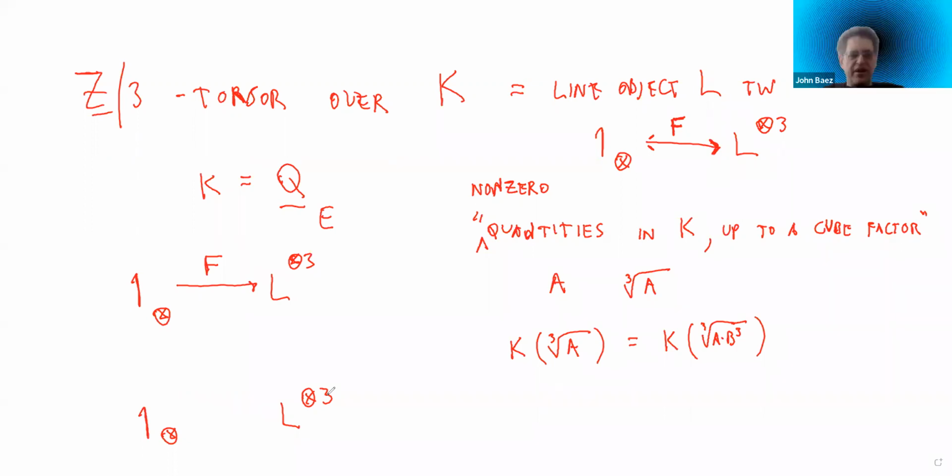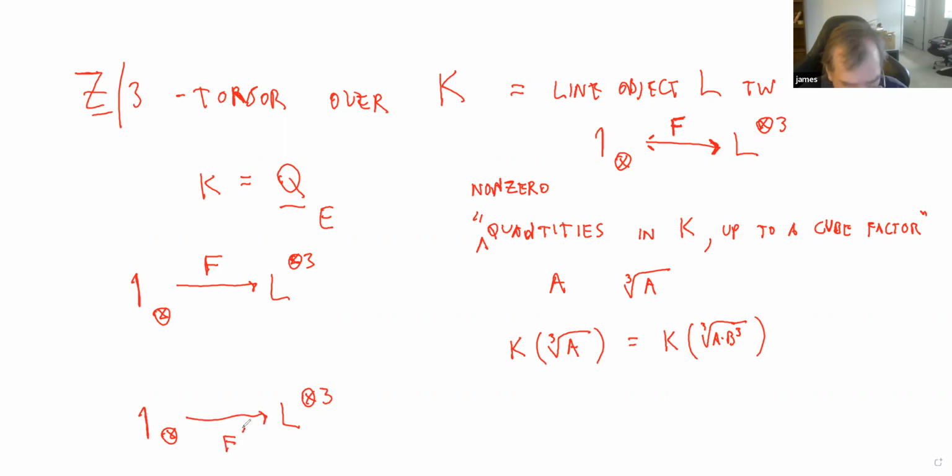So you're identifying L with 1, and thus identifying L tensor cubed also with 1. Yes. And then F is just multiplication by A. Yes, that's right. And now if we have another one, F prime, coming from maybe A prime, but expressed in this randomly chosen coordinate system, this gauge fixing thing, then you can think of them as equivalent when there's